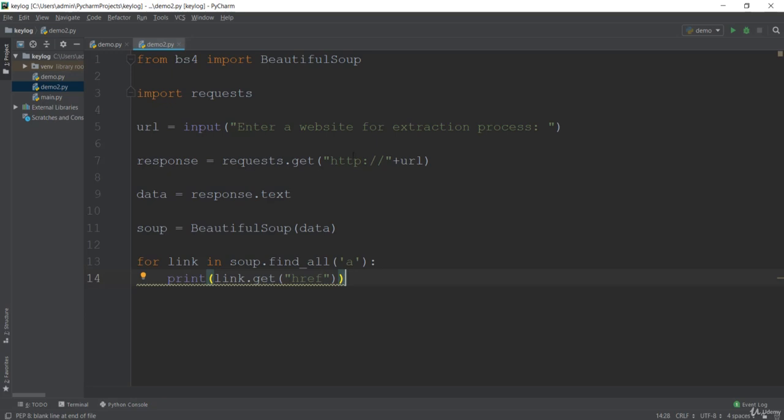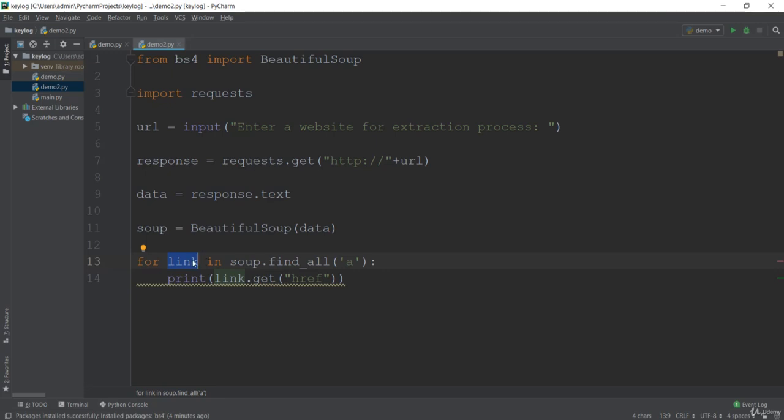So what we just did here, we just get the response, we just convert it into the text data and paste into the Beautiful Soup. We'll just instantiate that soup with this soup object, and we just find from that with this find all method, that is the href tag, or basically anchor tag, and after that we get the content of that href with this get method. So if you see, this link will be in the form of dictionary.